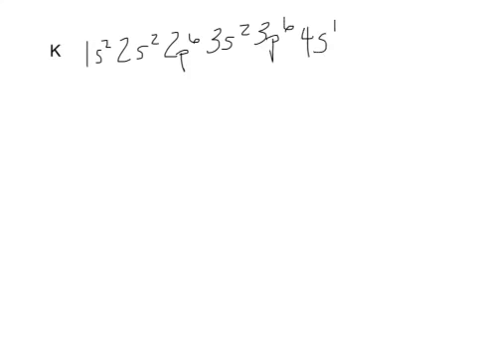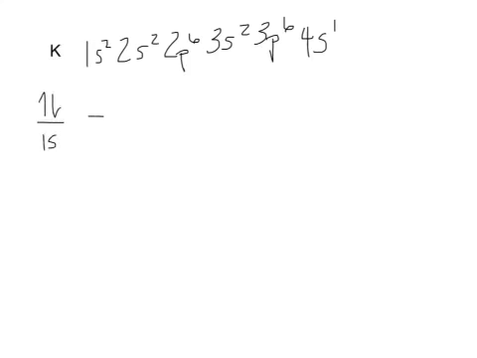The electron configuration for potassium is 1s2, 2s2, 2p6, 3s2, 3p6, 4s1. So the orbital filling diagram: